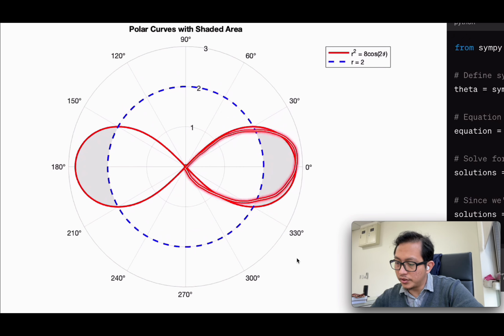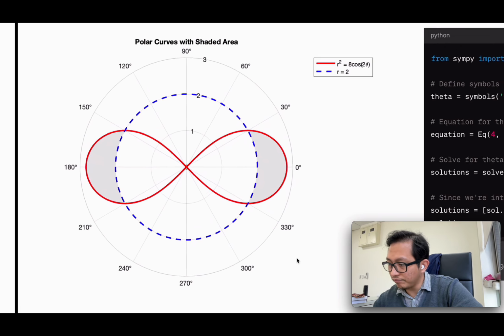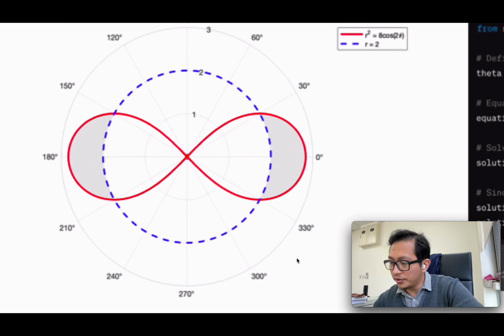It is called the lemniscate. If we fail to determine the endpoints of the integration, we are going to make a mistake visually. So if we want to find this shaded area,